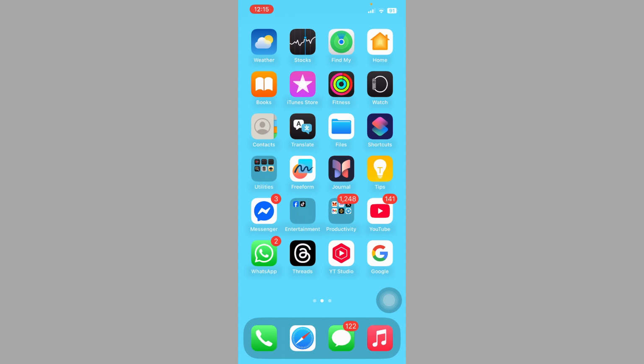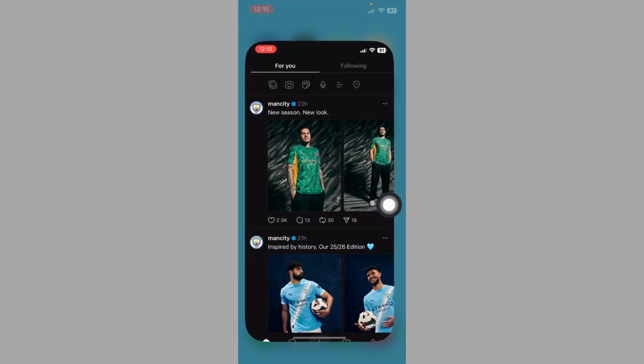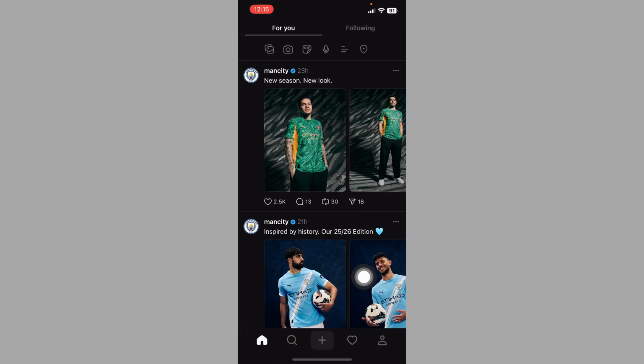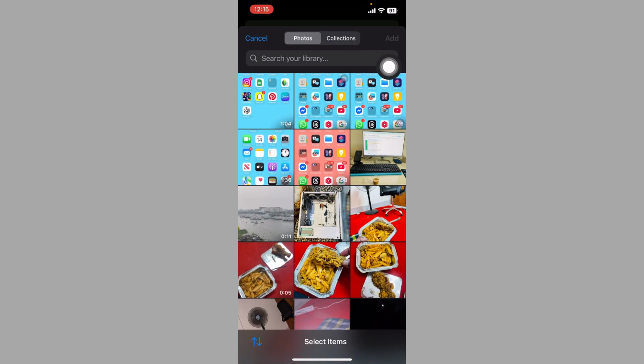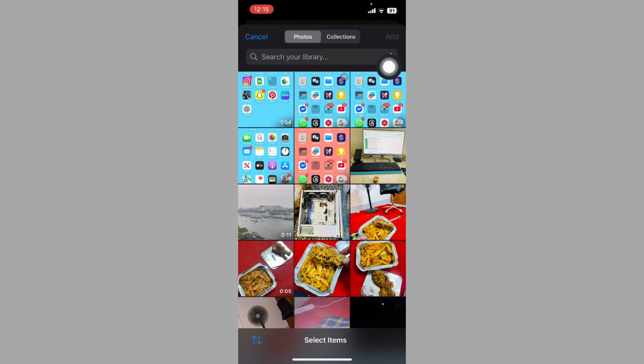Then first I'll click on Threads app. Tap on plus icon and tap on gallery and choose on images or videos. Then first of all choose on videos and add